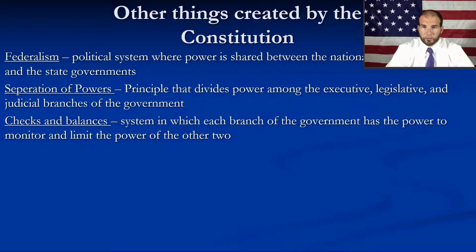So federalism is the idea that they have to work together, which you still see today, and as we get through U.S. history, we'll talk more about issues of the states and the federal government squirreling. In theory, the federal government does not have the right to tell a state what it can or can't do, just like the state governments can't tell the federal government what to do. And that's the idea of federalism. They have to work together. Separation of powers is like Montesquieu's. You have your 3 parts of your government. They have to work together, keep from being corrupt. Checks and balances is where different parts of the government keep an eye on parts of the government that they're not associated with to make sure they're not getting out of hand.